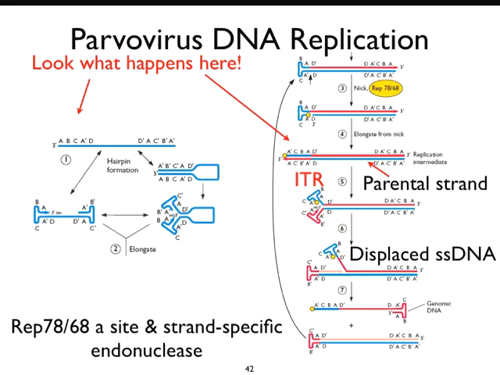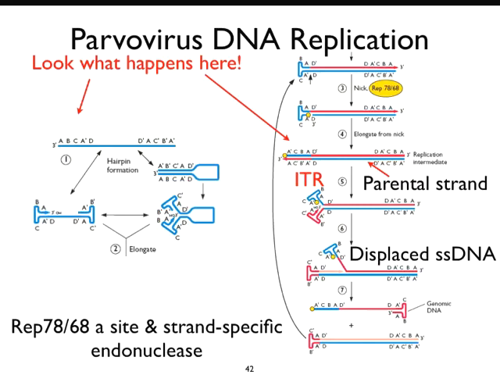So what we have here is a hybrid molecule, parental and daughter, and the end of the parental strand. Once this is nicked, it's released, extended out. This end can be filled, and now you have two strands, each of which is a hybrid molecule, that is